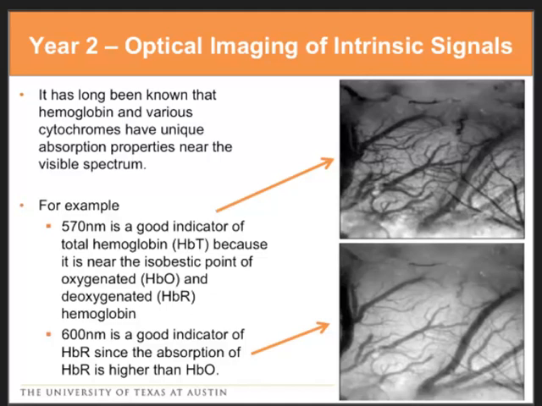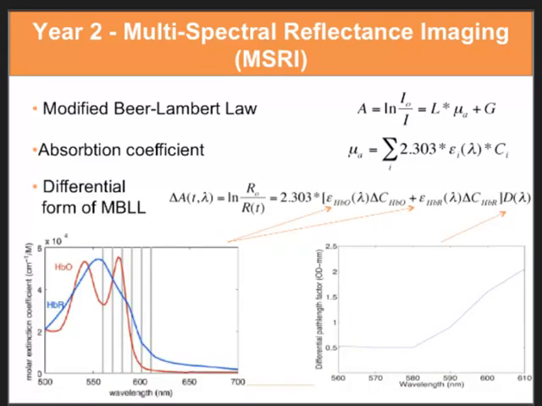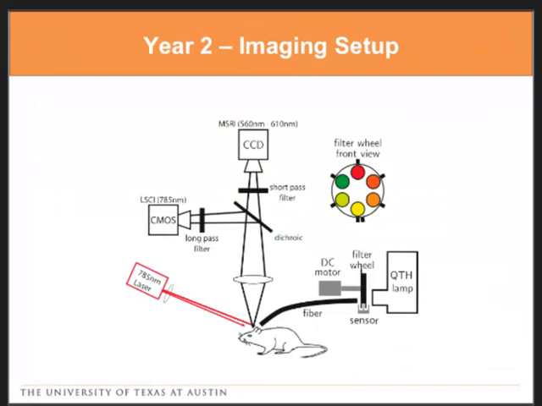So, of course, the concept of using reflectance imaging to look at changes in oxy and deoxyhemoglobin has been around for a really long time. Absorption spectra of oxy and deoxyhemoglobin are pretty unique, so if you shine different wavelengths of light on it, you get pretty varied responses. A lot of this work has been done many years before, but basically using a differential form of the modified Beer-Lambert law and shining light of different wavelengths onto the surface, you can back calculate actual changes in oxy